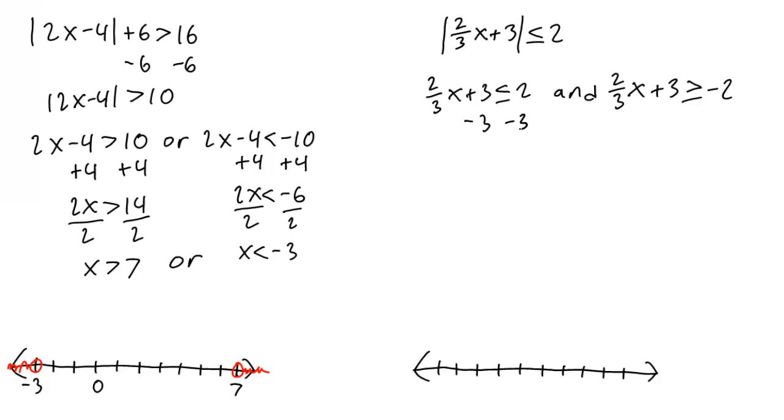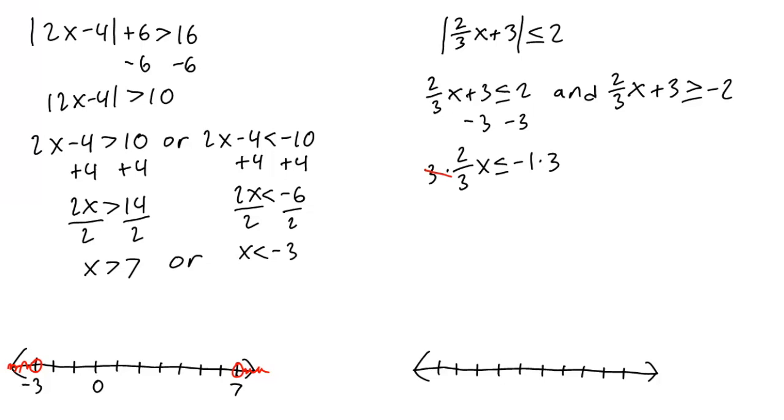Subtract 3 from both sides, and we have 2/3 x is less than or equal to negative 1. Then, I know something people have a lot of trouble with, but we have these fractions. There's a few different things you can do, but the way I taught everyone is to get rid of the fractions first. You could have done it way up here if you wanted to, and that's perfectly fine, but you can also do it right now. Getting rid of the fractions, you multiply everything by the denominator. On the left,